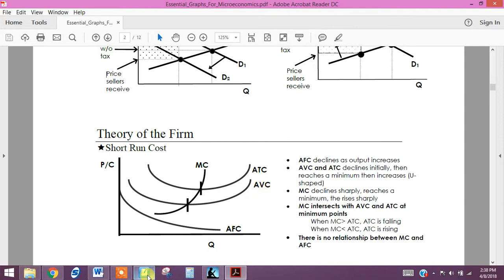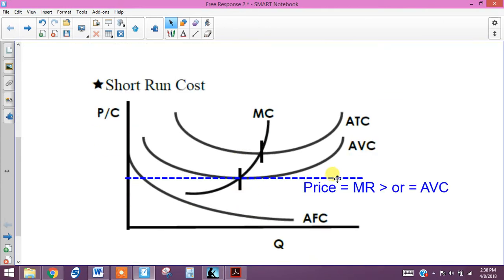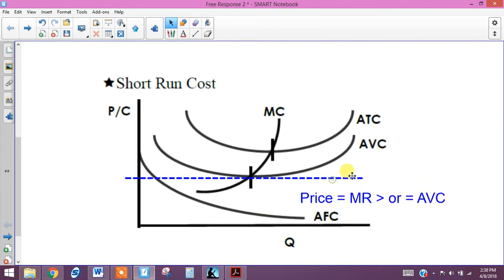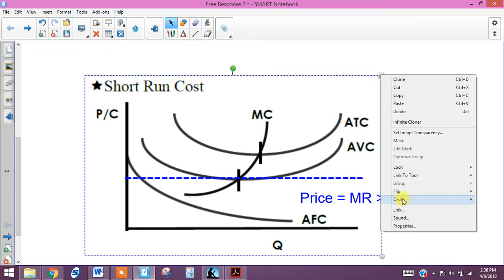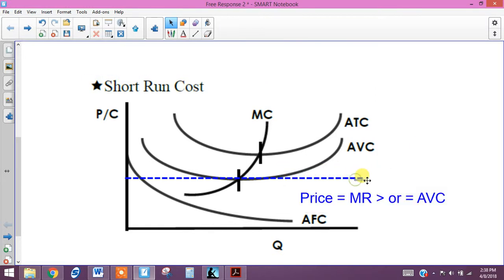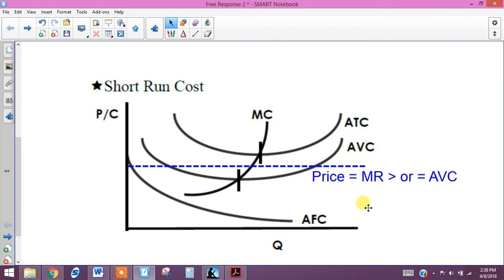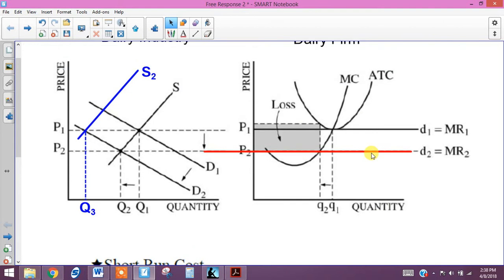So if we go back and look at our situation, I've got this graph right down here. So as long as price is either equal to or above average variable cost, the firm will continue to operate in the short run. And if we look at our graphs up here, we can see